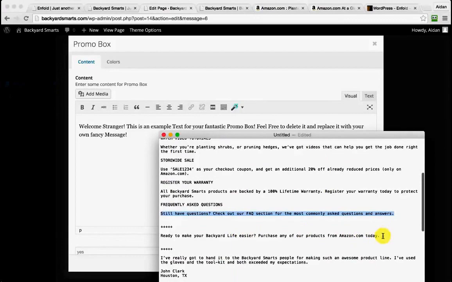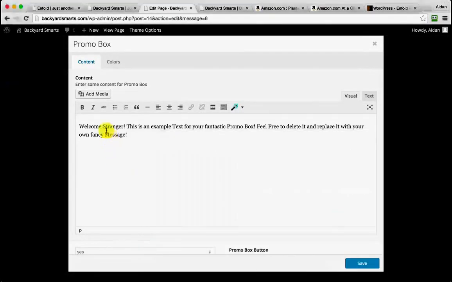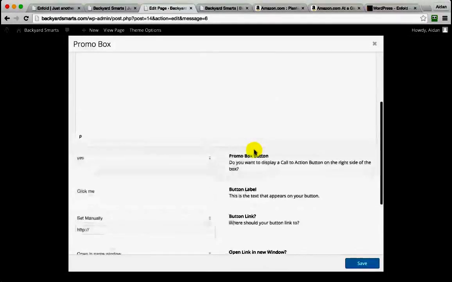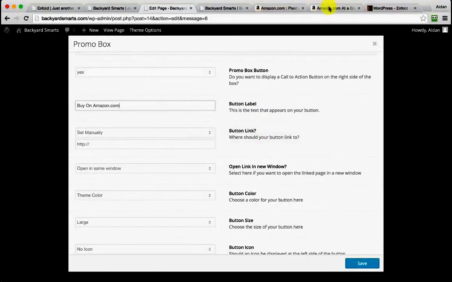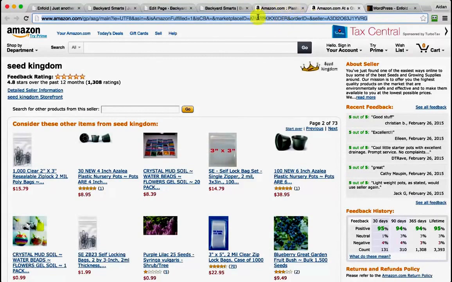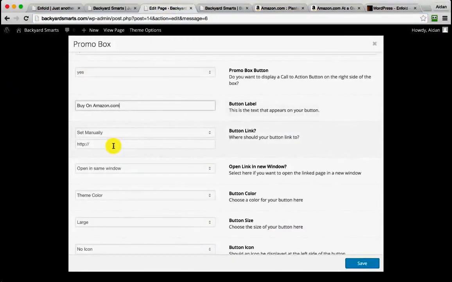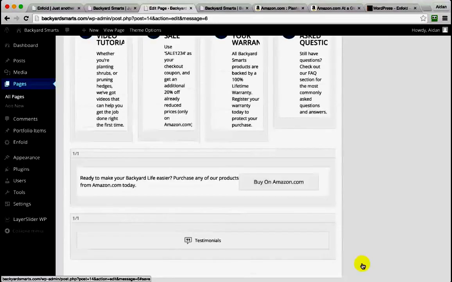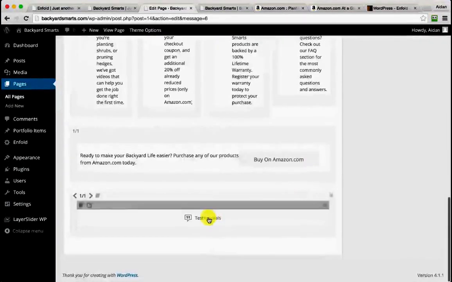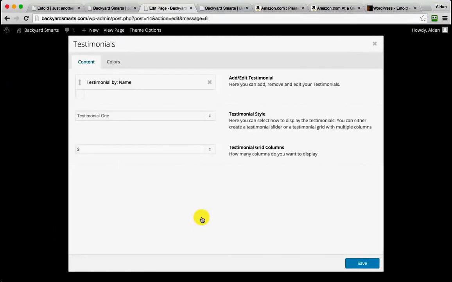Okay. And we can change the text. And we can set the link. So if you've got multiple products, you could just link to your Amazon seller page. If you've got one specific product, then you could link to that page, and you can set if you want to open it in the same window, a new window, so on and so forth. We'll just click Save. And then we've got the testimonials section,